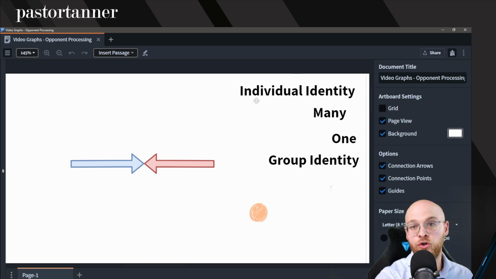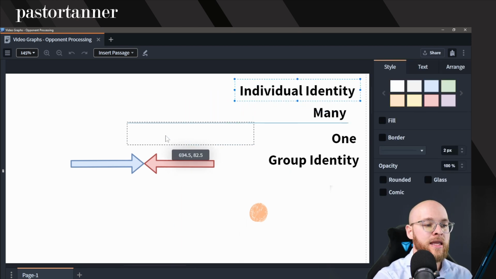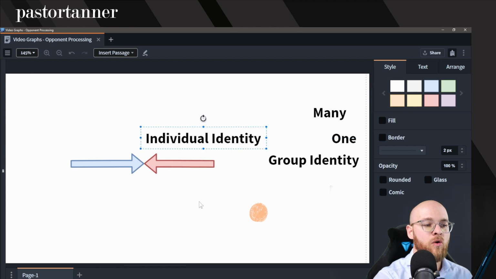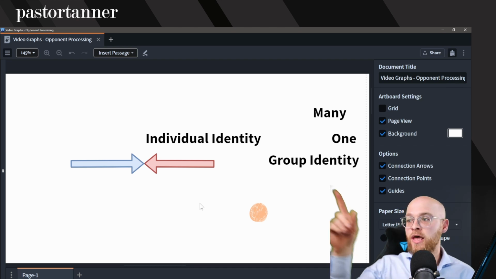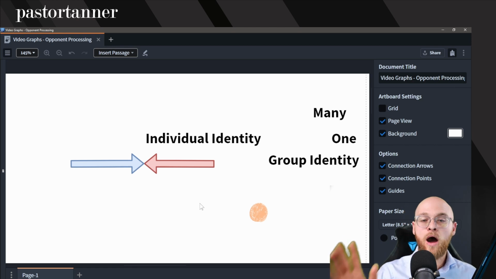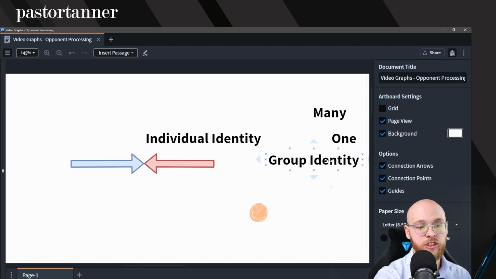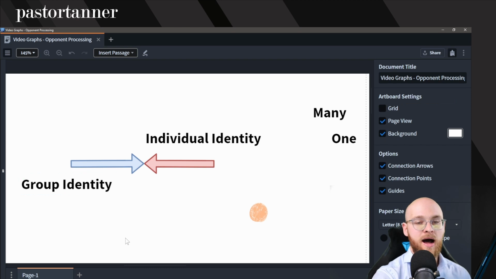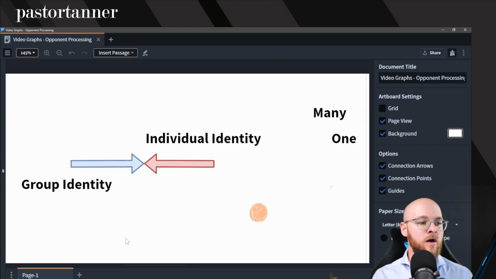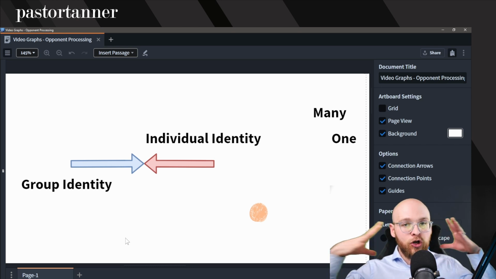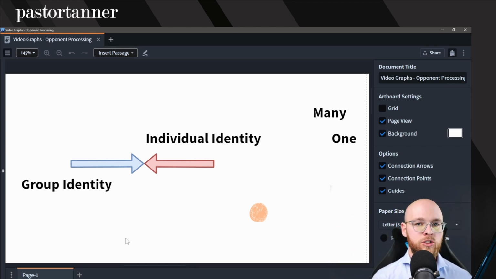So when it comes to politics, we often talk about individual identity. And one force from one side of the equation loves to emphasize the individual. After all, this person is what matters. That person, that person. However, there's another group of politicians that like to emphasize group identity. It's not so much this person or that person that matters, the individual, but instead what matters is the groups to which that individual belongs. And in a one-dimensional world, these two act in opposition to one another.